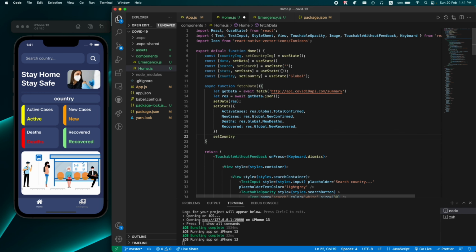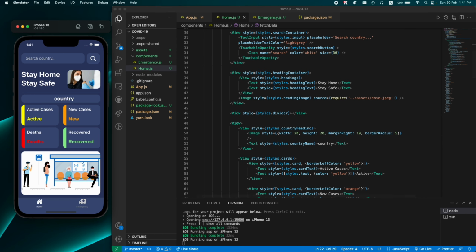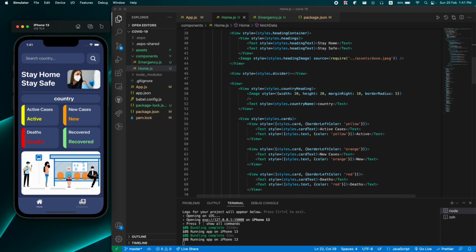grab this function setCountry, this one, and I just added this global by default. So by default this one is also global. Save this, and nothing is happening. So go to this UI section,